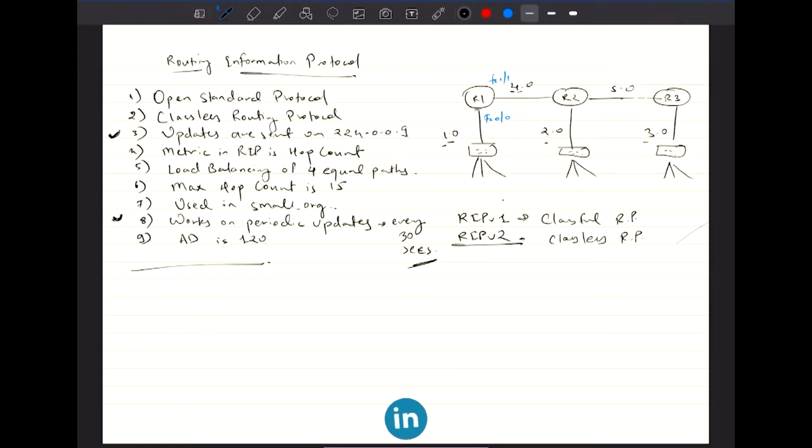There's a lot of unnecessary traffic that flows across the network just to keep the network up and running. Okay, which is a drawback of RIP because there are better alternatives available. But yeah, this is how it works. And then it says that the metric